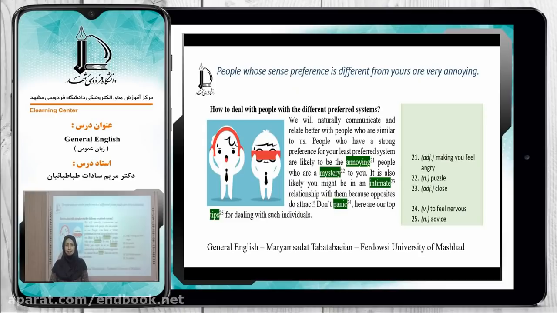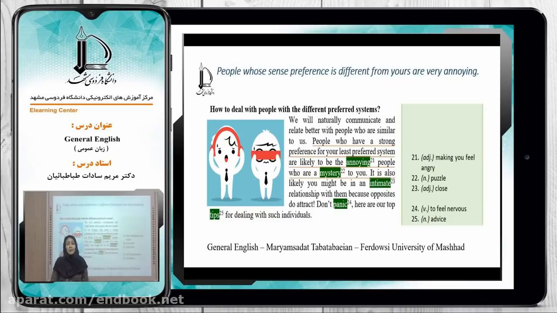Now, the last sentence. It says, people whose sense preference is different from you are annoying, meaning that they make you angry. So, is that true or false? Let's read this part together. So, it says people who have a different system, because they like my least preferred system, different. We are totally different. It says, they may be annoying, but